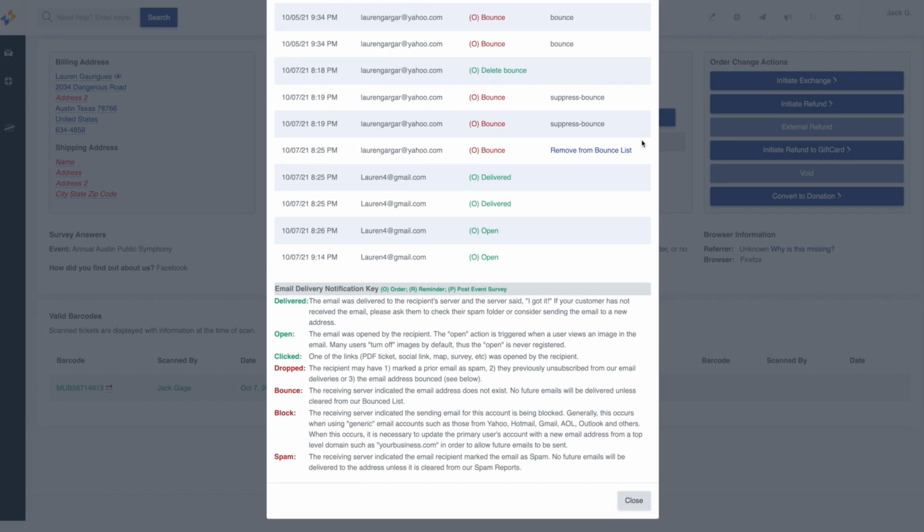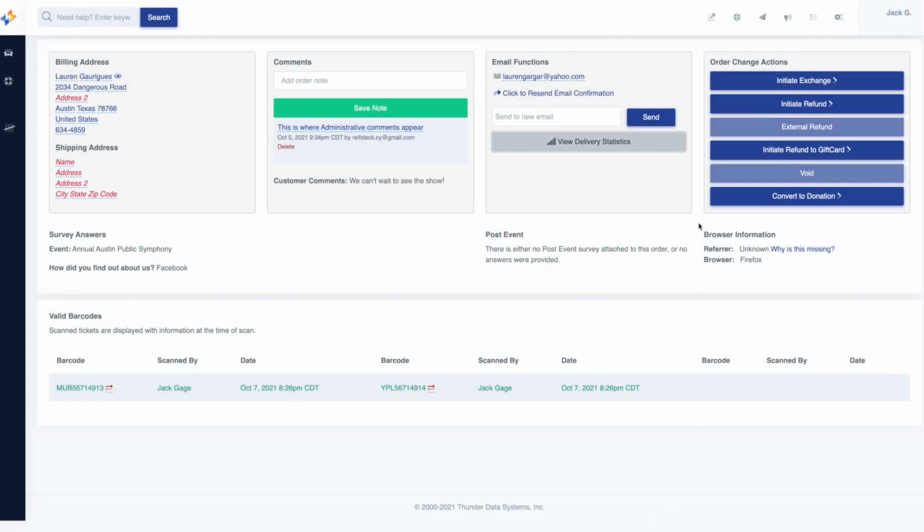Each email sent shows the specific times they were sent, received, and opened, in addition to bounced emails for various reasons. Since emails can often be lost or looked over, here you can easily resend the confirmation email to the customer or send it to a different email address. Watch our separate video tutorial to learn how to use these options for exchanging tickets, refunding tickets, or voiding an